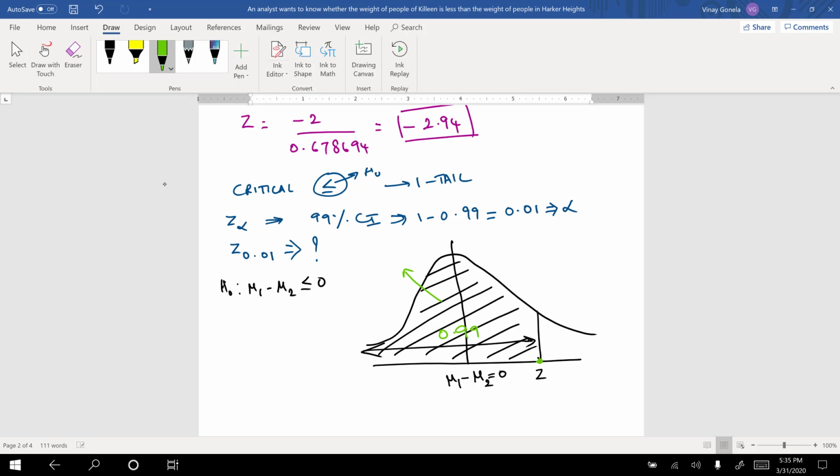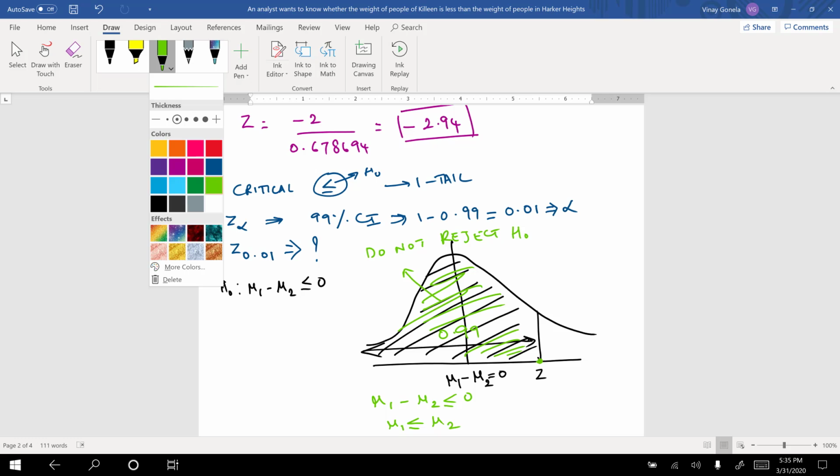This is where you do not reject the null hypothesis. This is where mu1 minus mu2 will be less than or equal to 0, so mu1 will be less than or equal to mu2. So this area which I am showing you currently is the area where Killeen's height will be less than Harker Heights. So that is our H null, and then